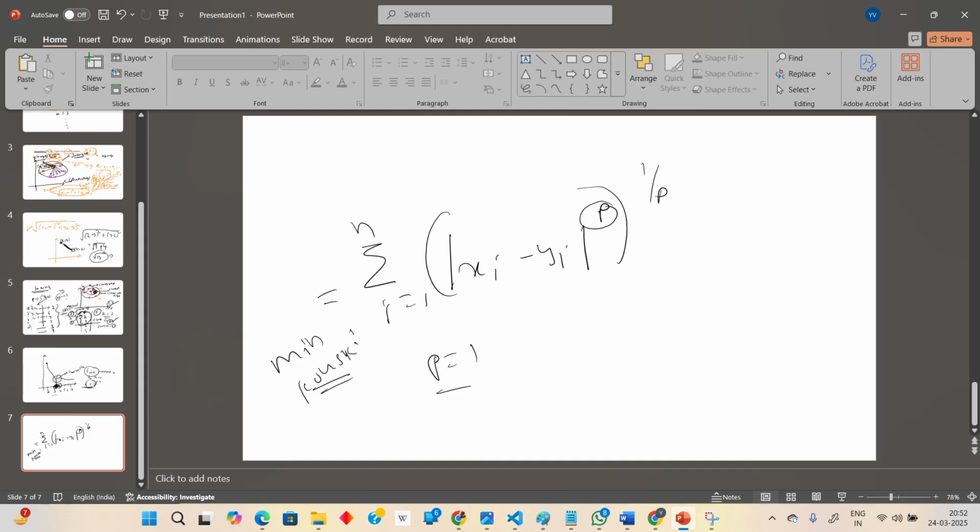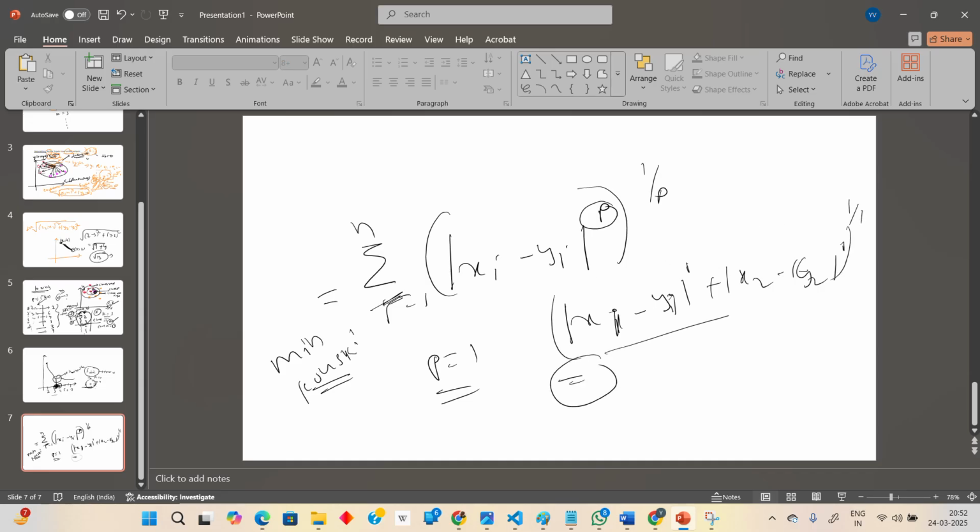So let us alter this p value. Let me take p equal to 1. Then what will be the value? Xi minus yi means there are two points, so x1 minus y1 and x2 minus y2, because summation is there, right? So modulus of x1 minus y1 plus modulus of x2 minus y2, power 1, whole power 1 by 1, means 1 only. If p is equal to 1, this is the formulation for